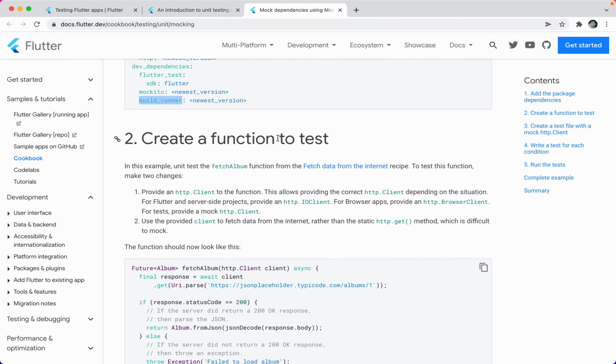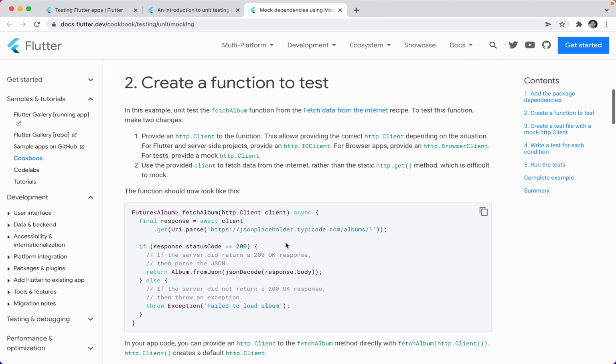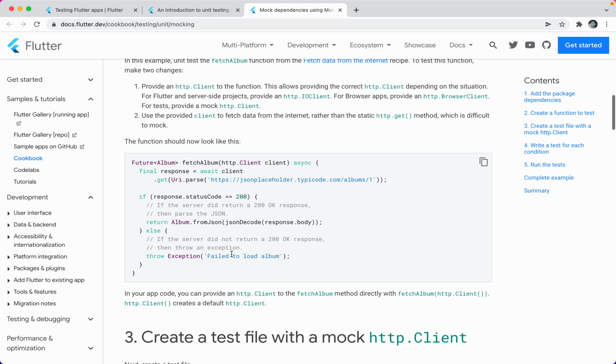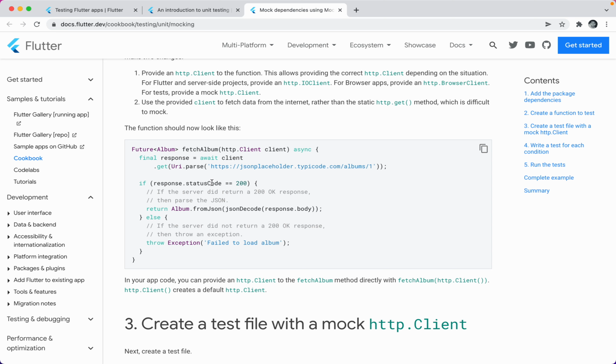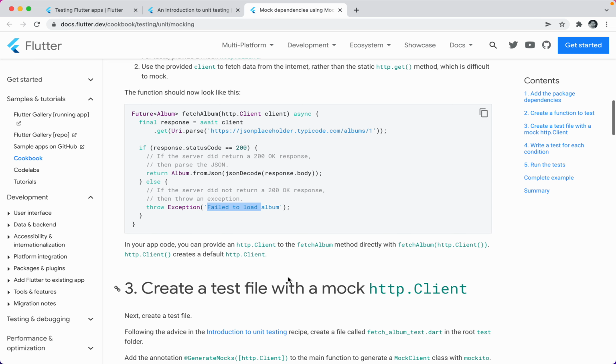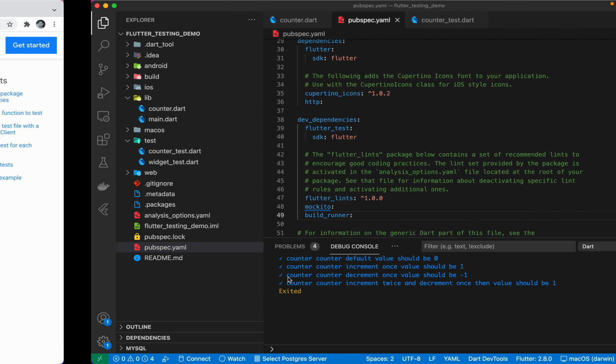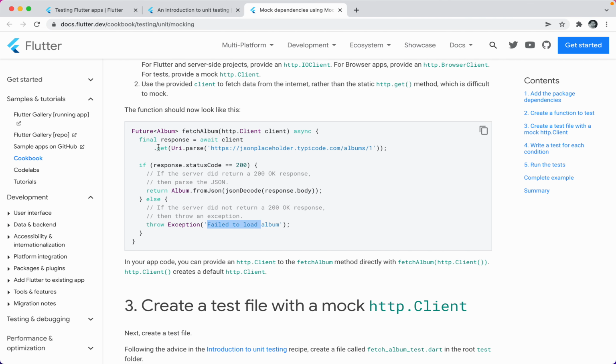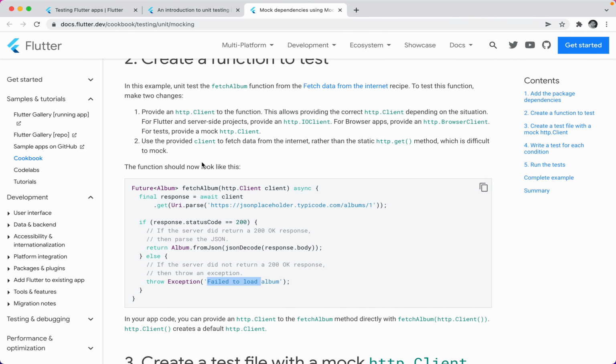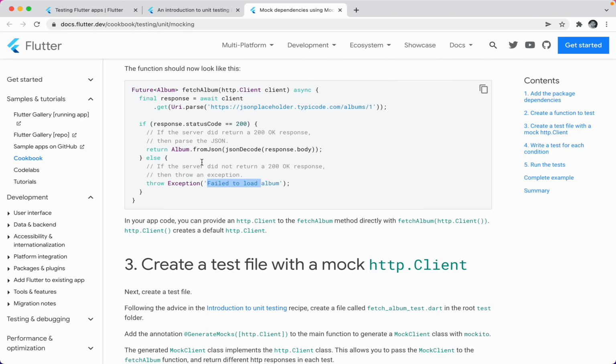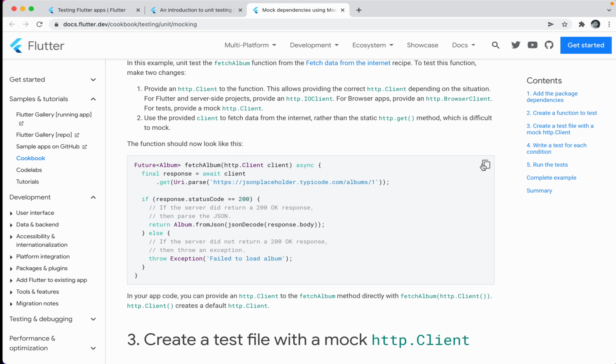Now to create a function to test. In this function we have fetchAlbum, which fetches data from the internet by calling the API, and we use the HTTP client to get that data. If the server returns status code 200, we get the album from the JSON parsing, and if not, we just throw an exception. So this is a normal function. I am just copying this function and adding it to one of our files,